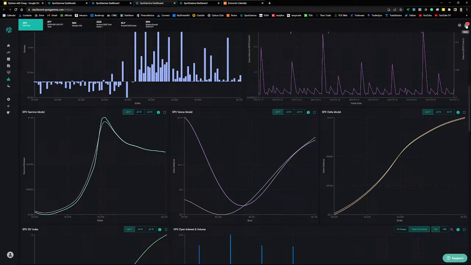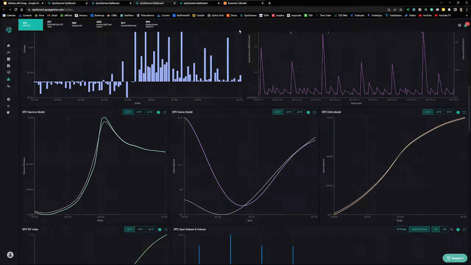All right, so based on this, and I mentioned this earlier, my thesis for the day was first of all looking for lower volatility, and also bullish for both the S&P 500 and Nasdaq based on the shifts higher in the call walls for SPX and QQQ. All right, let's take a look at some setups.